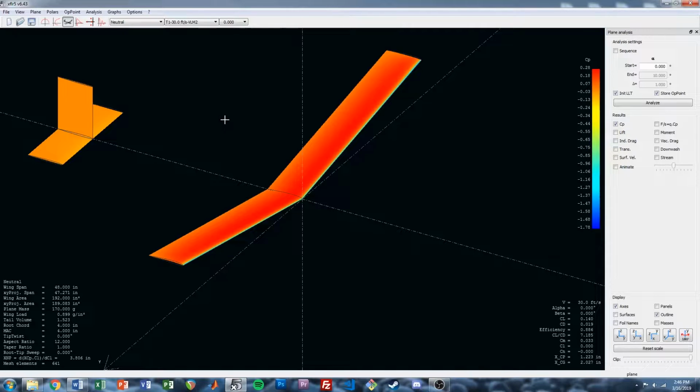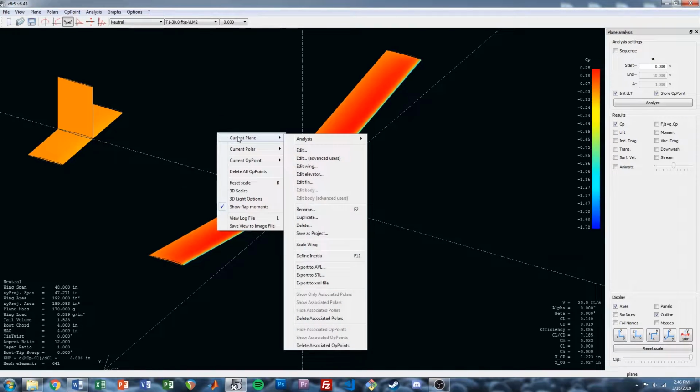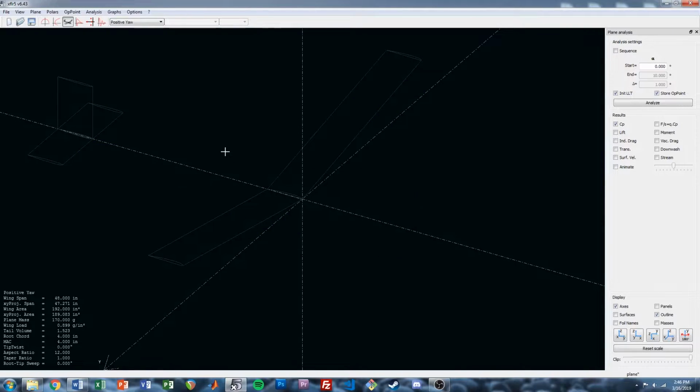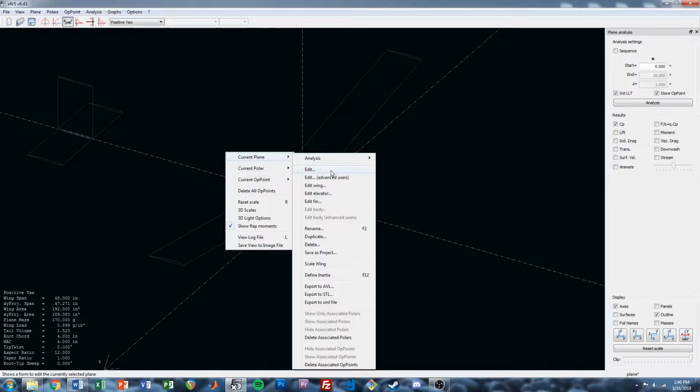So I'm going to duplicate this plane design. Current plane, duplicate. We're going to call this positive yaw. So positive is going to be a positive rudder deflection, the trailing edge to the left. We've got that, and we're going to right click, current plane, edit the plane,